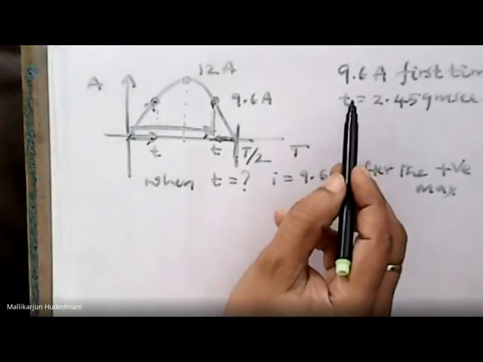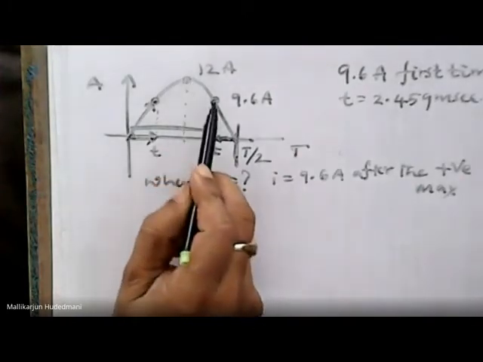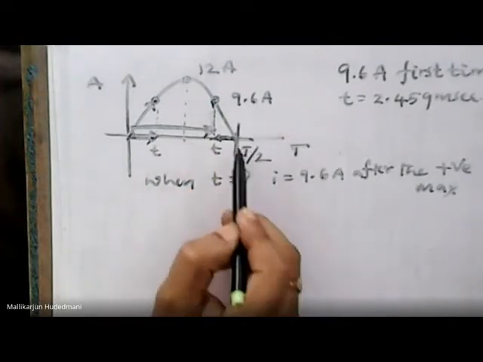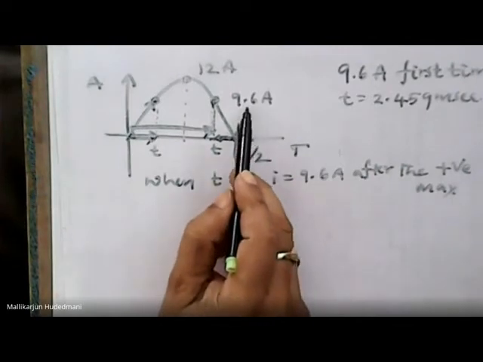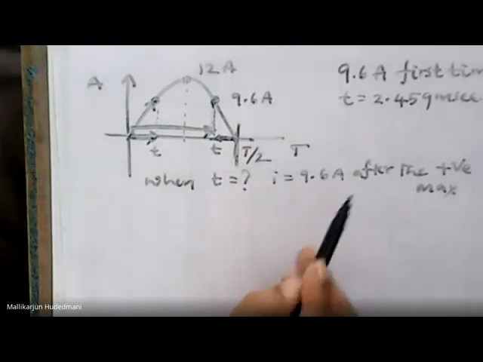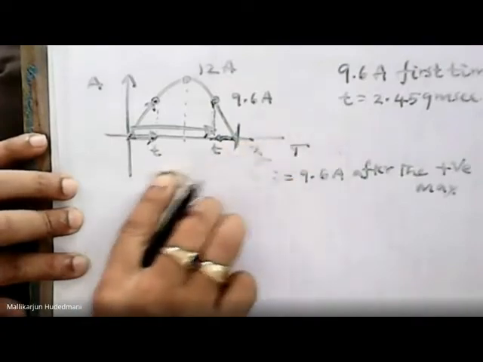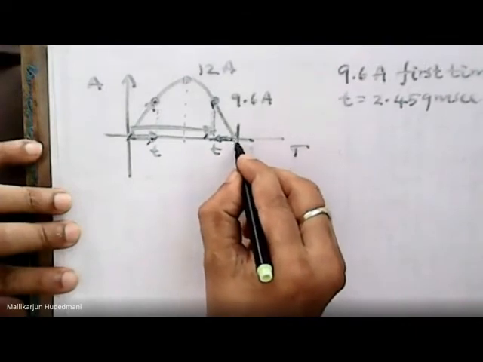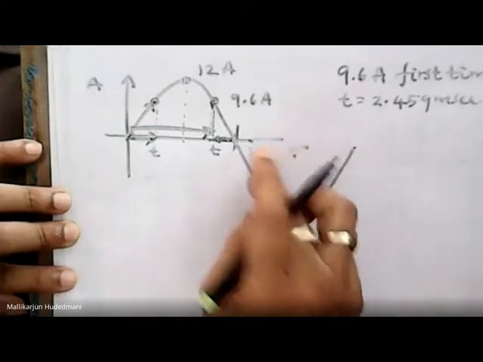When I know this quantity, definitely I can calculate the value of that at the second time after the positive max, over the whole length of time. The value of that quantity the first time negative, minus 9.6, I can calculate. The value of that quantity, minus 9.6 after the negative max, I can calculate very easily. It means if I revisit it here itself, I can just draw the second half also. I can show you how this is easier. Let us say we need to understand this once. Clear? Let me mark it.